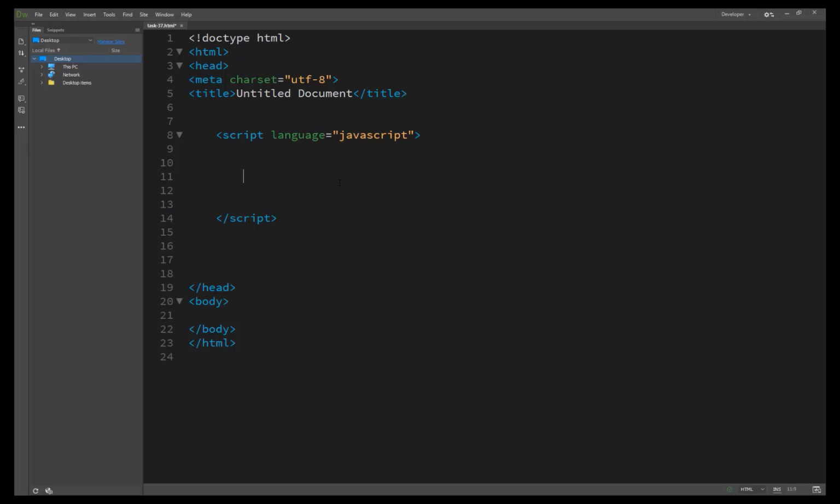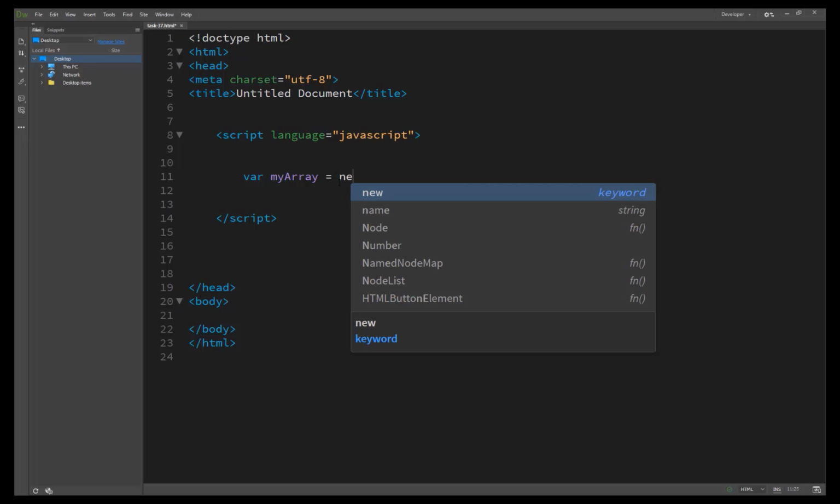We have just created an array, and an array is very easy to create. I told you in previous lectures that the variable name, my array, can be whatever you want to set as the name of the array.